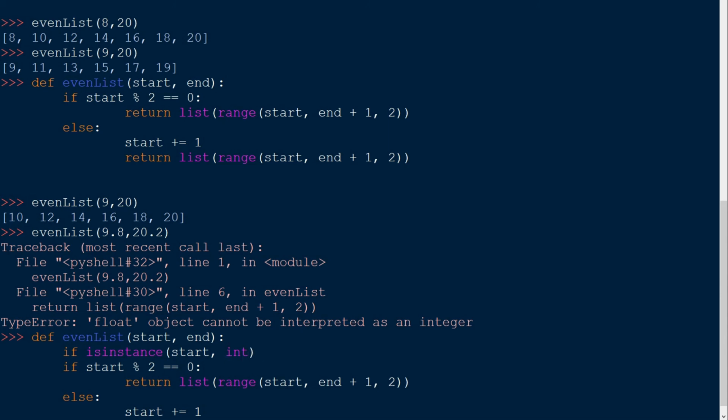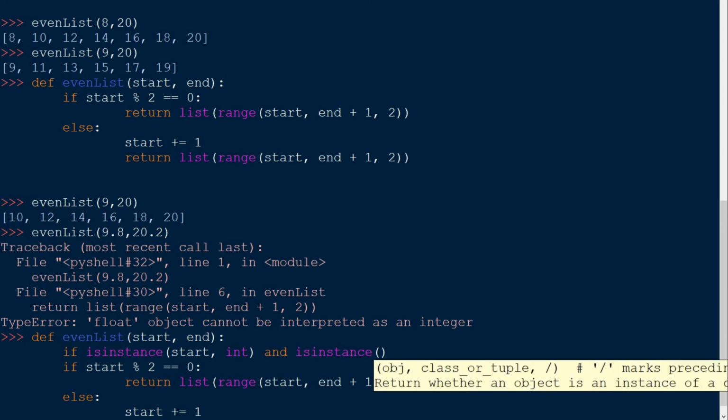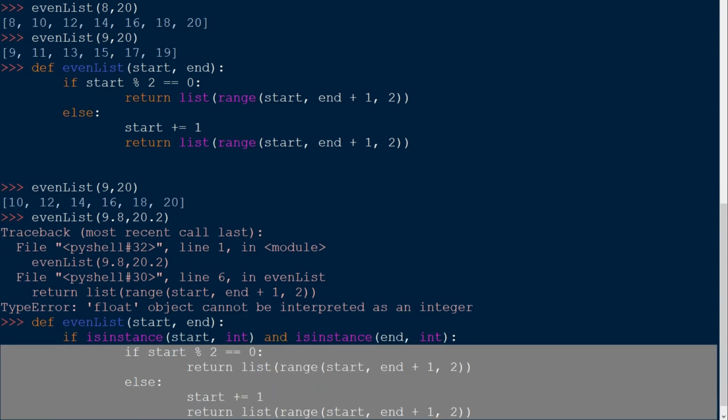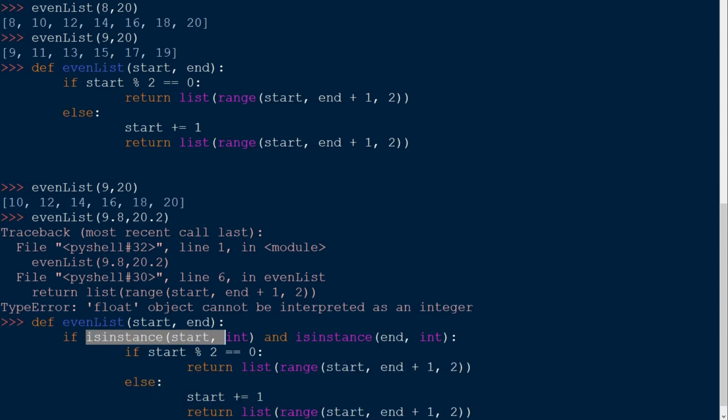We need to check the data type of end as well, so we will type and over here, and isinstance again, end, comma, int again, because it will be of an integer data type as well, colon. If this condition is true, all of these statements will move inside this if statement, and if any of these conditions is false, we will just raise an error.